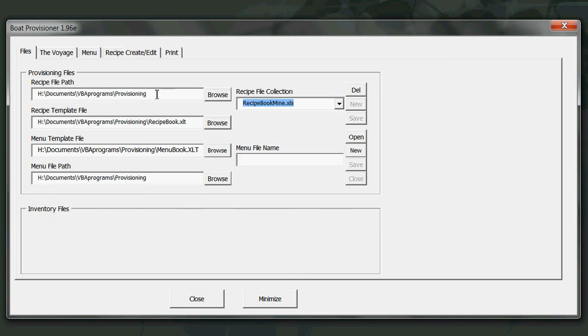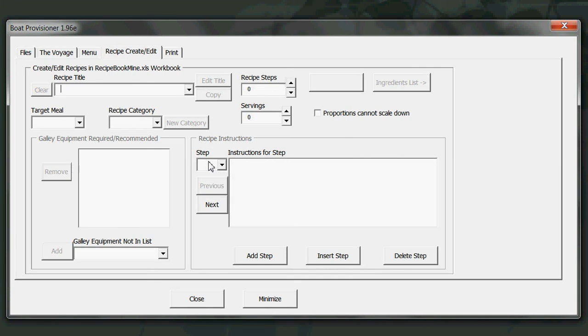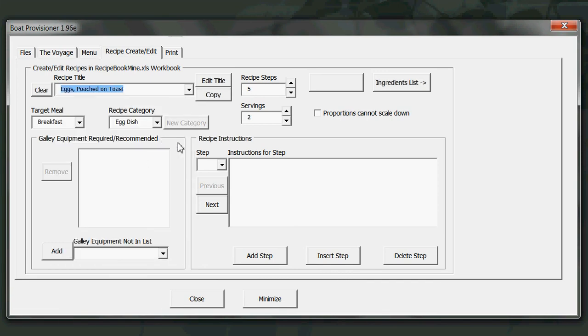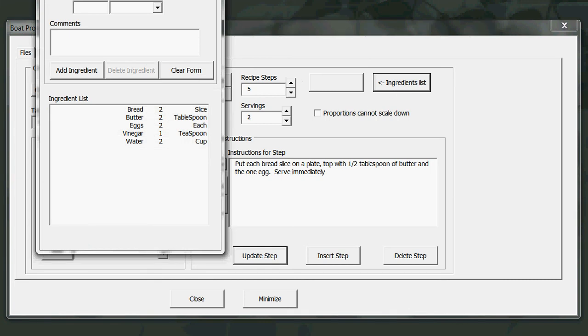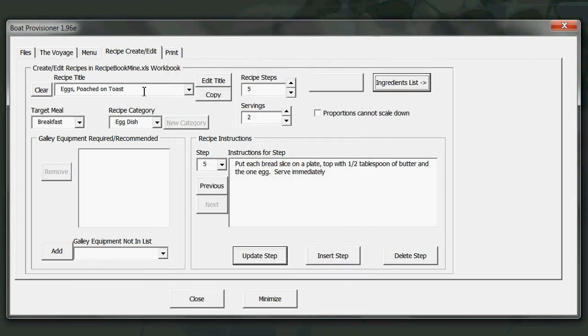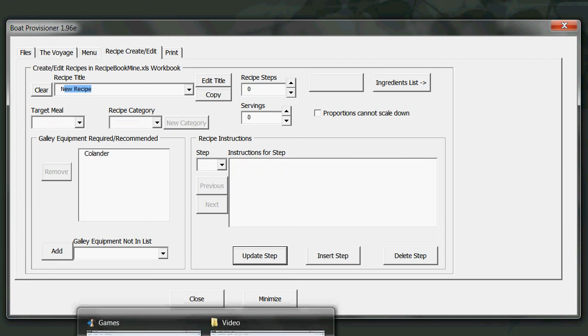And here's when you open one of the recipe files on the files page, the recipe create edit page becomes accessible. So here are all the recipes I have in this one workbook. I can now edit them, change the instructions if I have included those, change the ingredients list, add to it or edit it, change the amounts. Or I can create a whole new recipe just by entering the name of this new recipe